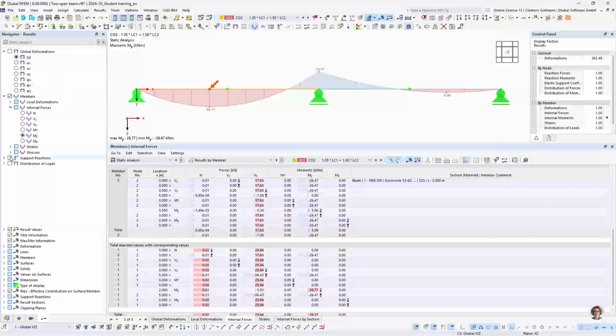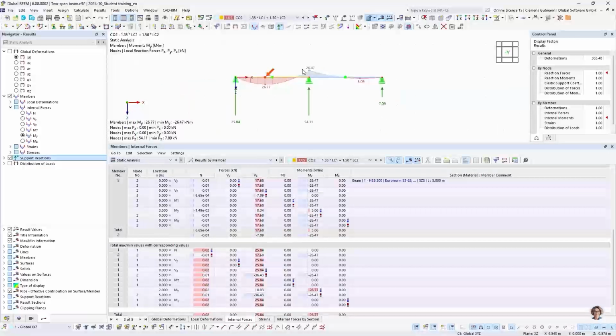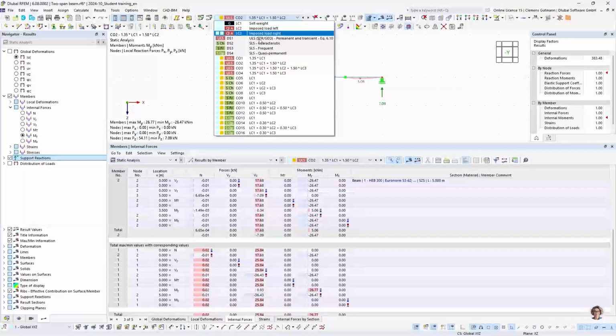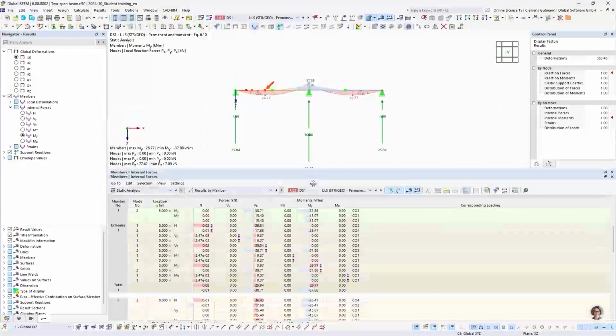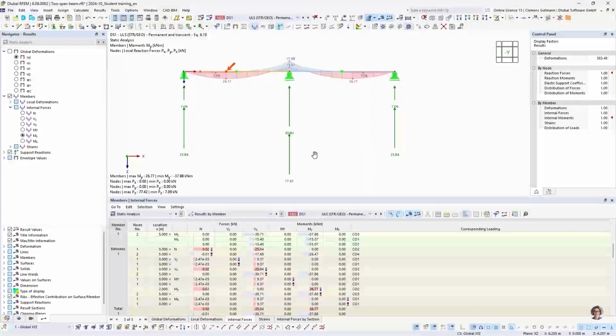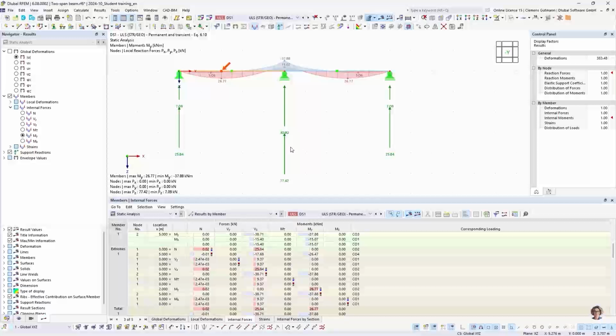Good. Now we want to check, for example, also support reactions. And we can see that if we go back into the design situation, there are 2 arrows displayed. And like the internal forces, we have an envelope, so we have a minimal and a maximum value for the support reactions. And for example, if I display the loads again